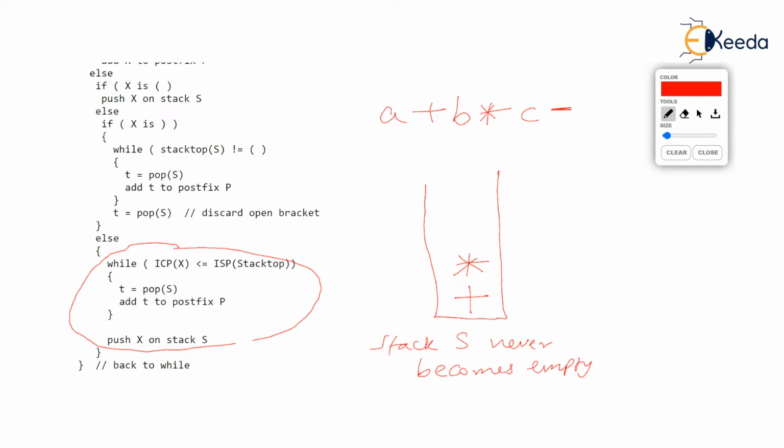Now if minus is coming inside the stack, then all the higher priority operators should be popped, isn't it? So this asterisk will be popped, gone. And then still minus cannot join the stack because plus operator waiting on the stack is having equal priority. Even equal priorities cannot supersede each other. So plus also should be popped. Now after popping both operators, the stack becomes empty, isn't it? And still minus is waiting out.